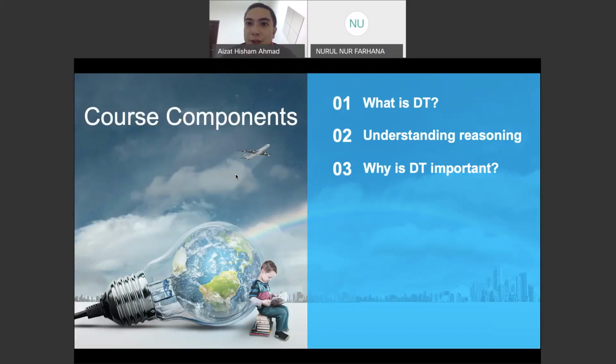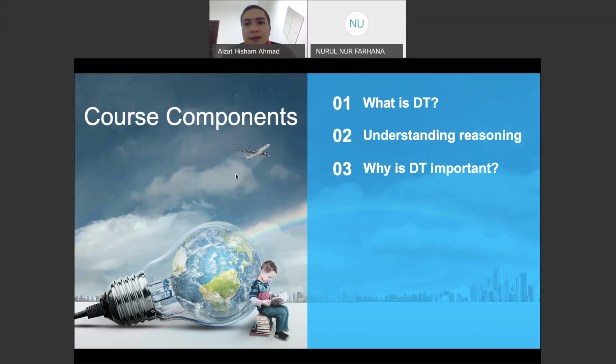Some of you are going to graduate soon. Some of you are undergraduates undergoing your final year project. Some of you are postgraduates performing your research. Some of you are postgraduates doing your coursework or master's or dissertation. So each and every individual, regardless of your background or regardless of who you are, can actually apply DT, design thinking. So this is how important design thinking is, because it is relevant to the world now, especially with globalization,